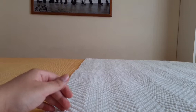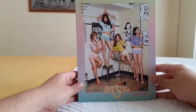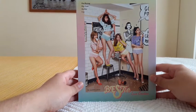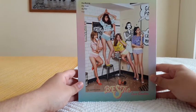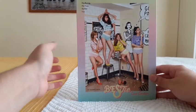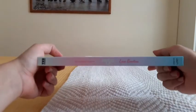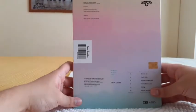And then I have their second mini album, which is my biggest or largest K-pop album, which is Love Emotion. This album is so good. Every single track is good. The postcards, which are technically the photocards, are so good as well. I love the pastel colors. So pretty. Too bad they disbanded after,